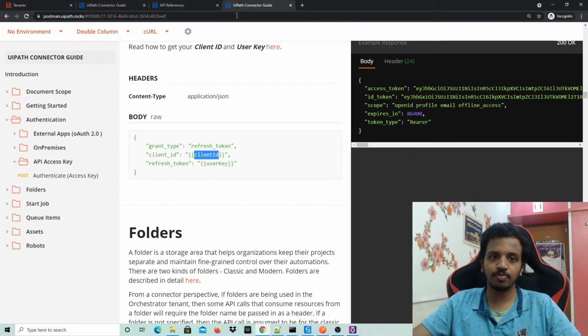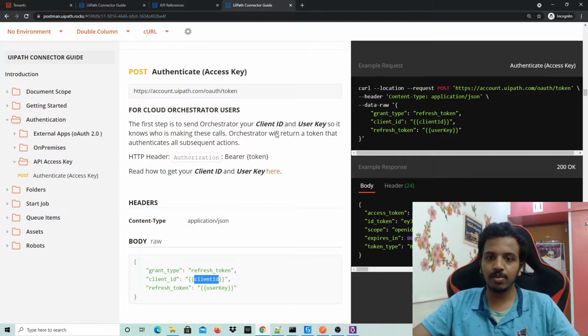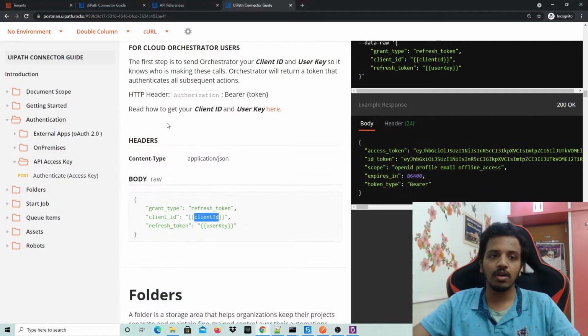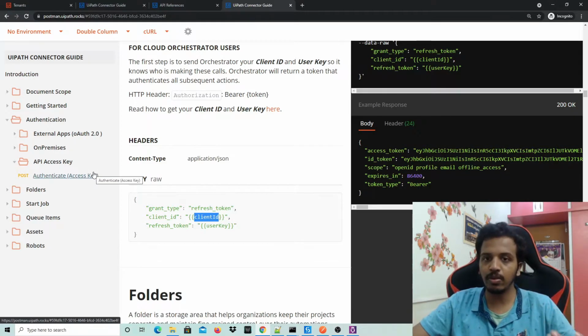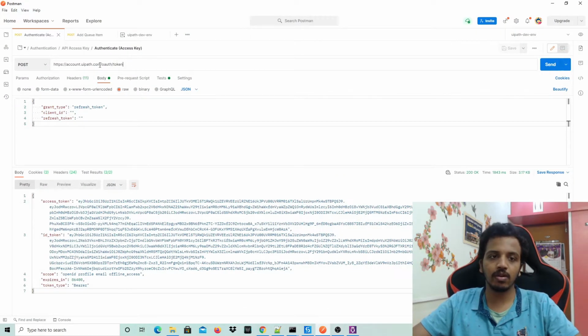So first things first, if you have Postman you can just download it, or if not you can just copy paste the URL as and when required. Okay, so here is Postman and this is the URL for getting the token. It will change if you are going for external or on premises, because I'm sticking to the cloud one which is provided to us by default. So this is the URL in case of the default. Okay, so this is the URL for the token only.